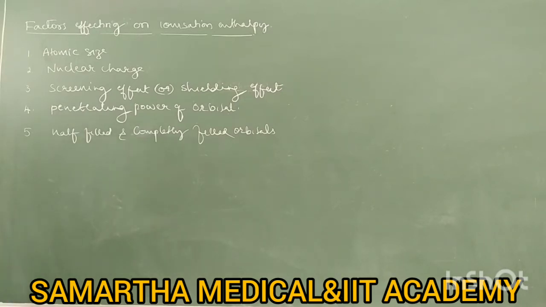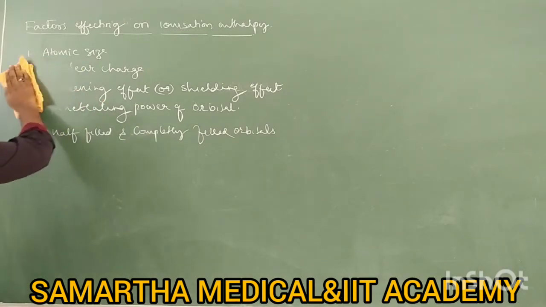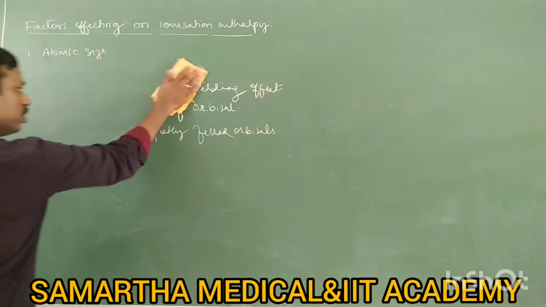Let's see one by one in detail. Even in the board exam they may ask for 2 marks: What is ionization enthalpy? Write any 2 factors or any 3 factors. So writing the definition, what is ionization enthalpy, is 1 mark, and writing just the factor names, you need not explain, you just write the factor name, atomic size, nuclear charge, any 2 or 3, is 1 mark. So it is also important.